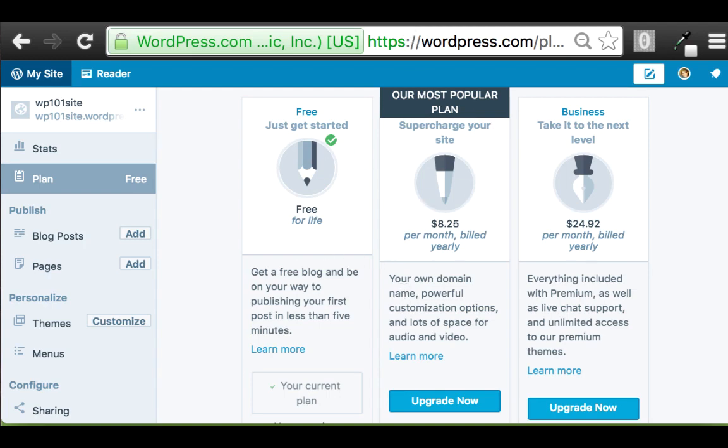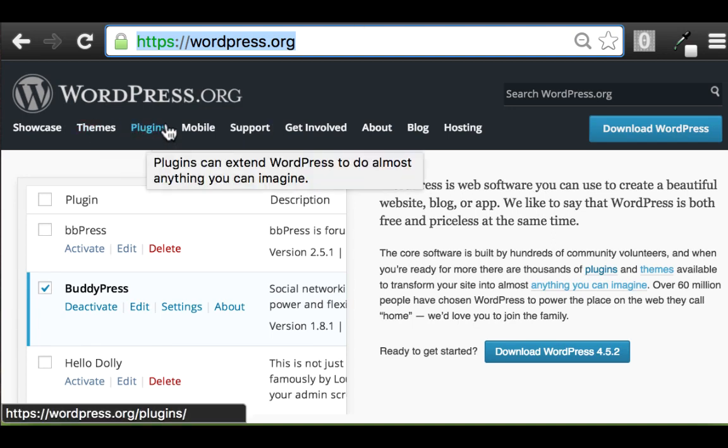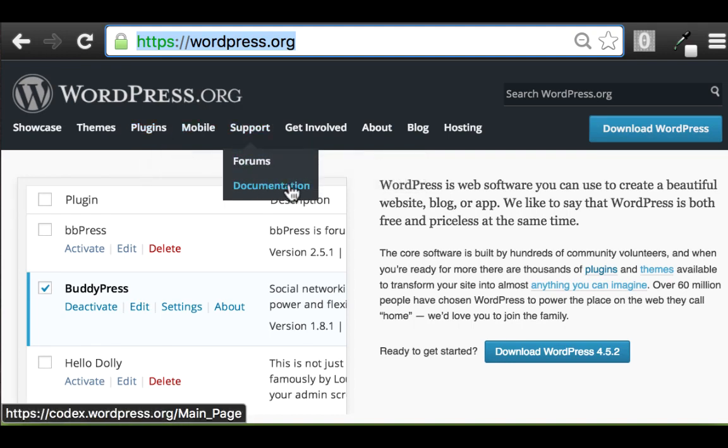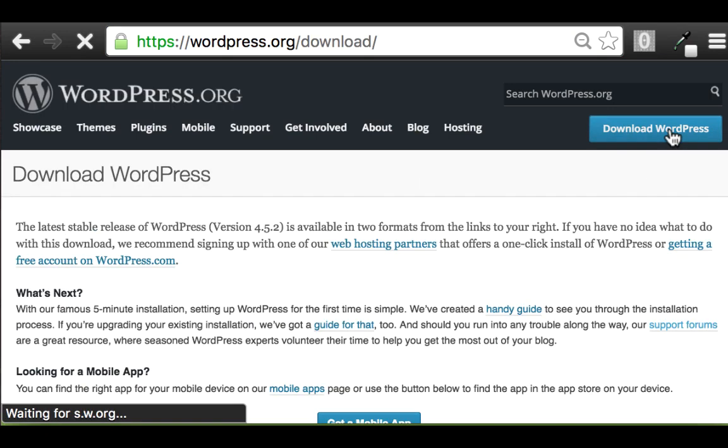If we compare this to WordPress.org, this is more of a website dedicated to the WordPress community. So there's a lot of information here, like what themes are out there, what plugins you can use, getting support through the forums and documentation, and also to create a WordPress site through WordPress.org, you can come here and just download the software, and it's going to give you a zip file, and then it's up to you to come in here and set this up. So you can see that there are some drastic differences here. This one is more of a DIY on your own solution,